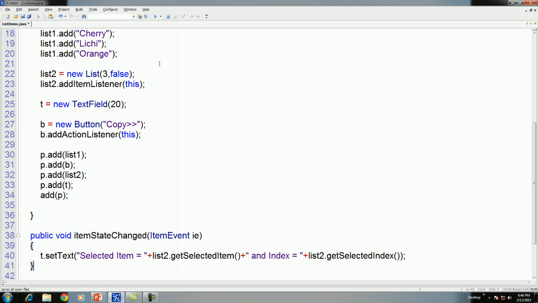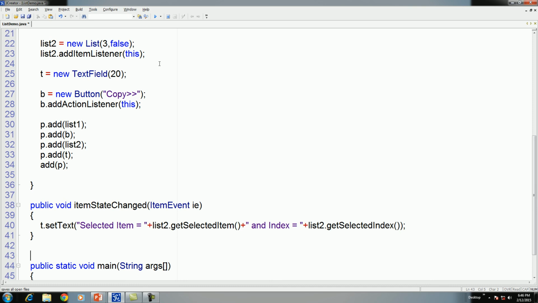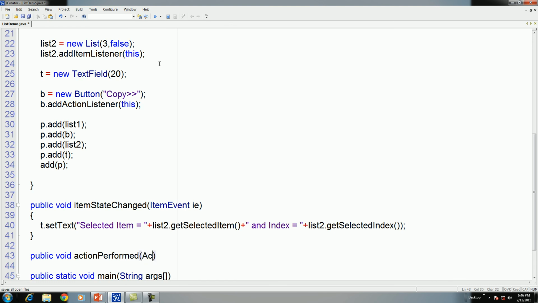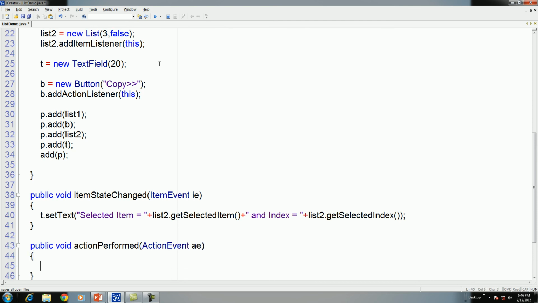Okay, now let us add the action listener. Here we have to first create a string array because we selected multiple items from this.